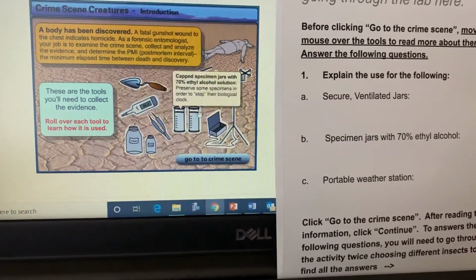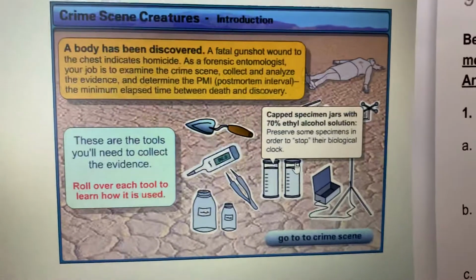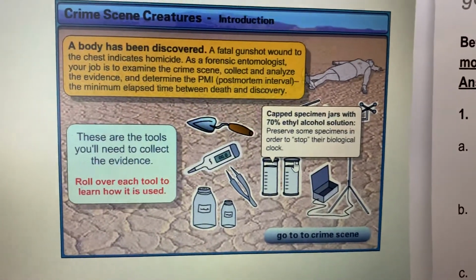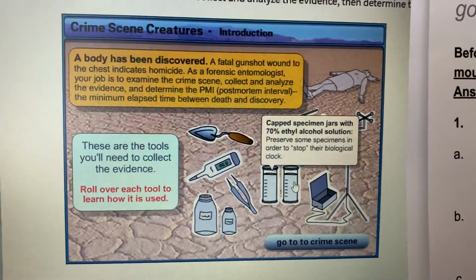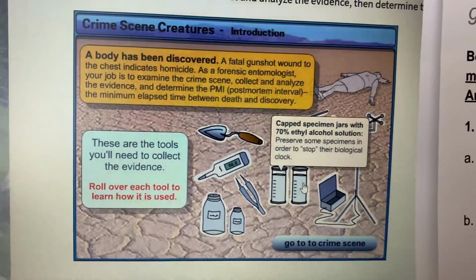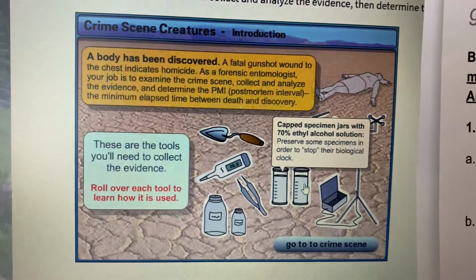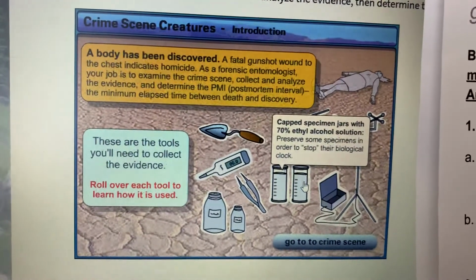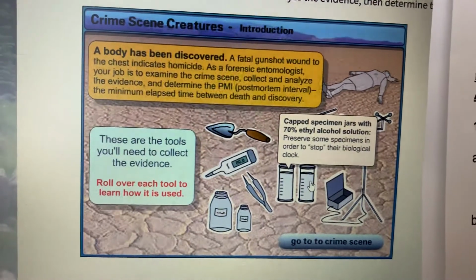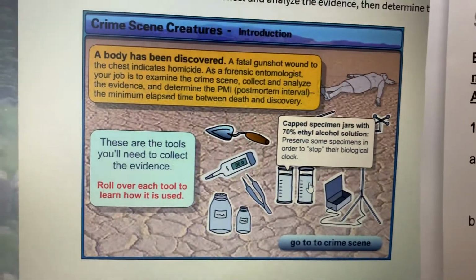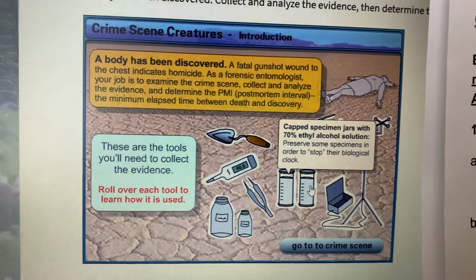Okay. Specimen jars with 70% ethyl alcohol is the next one. So I'll roll over that. Here we go. So we also don't only want to let them grow up in those jars. We also need to know exactly how we found them. So you're going to take some of the maggots and immediately put them into these specimen jars with 70% ethyl alcohol. It will basically immediately kill the maggot and stop their biological clock so they don't grow anymore,